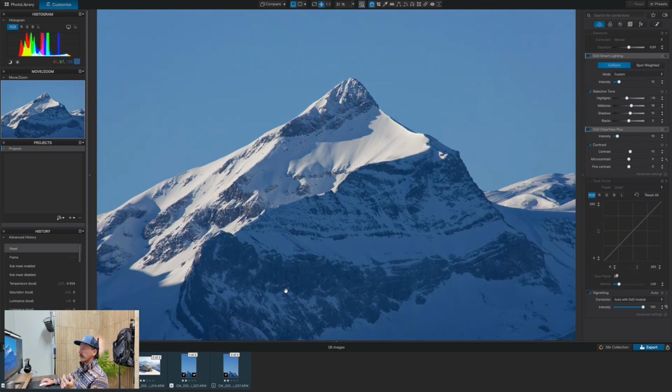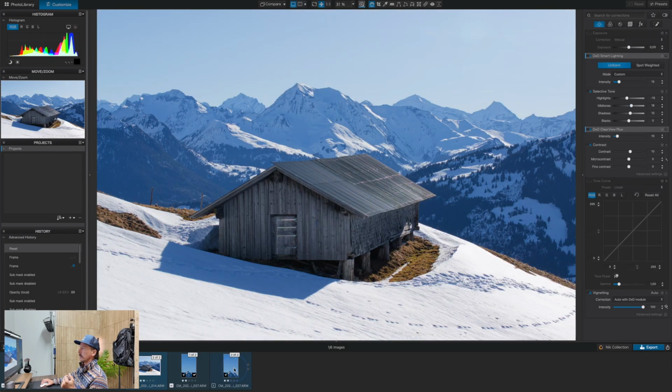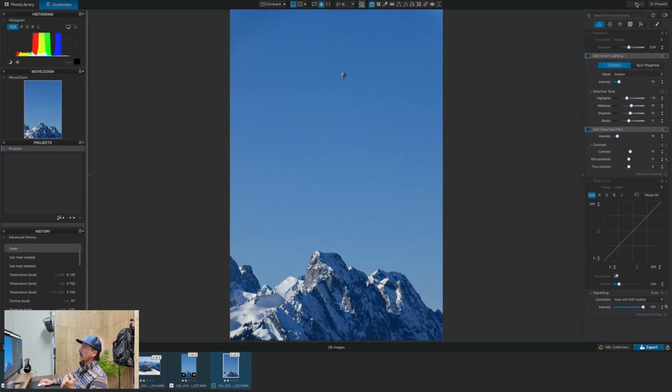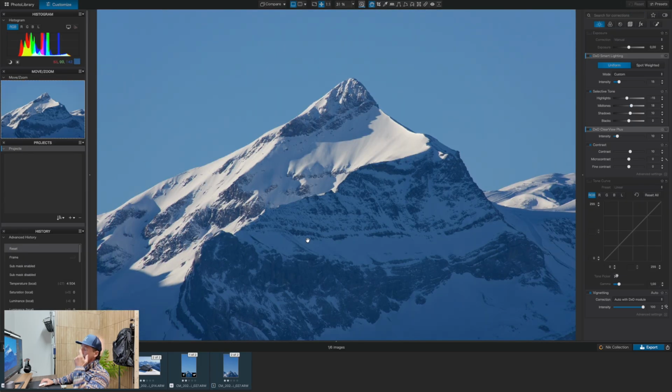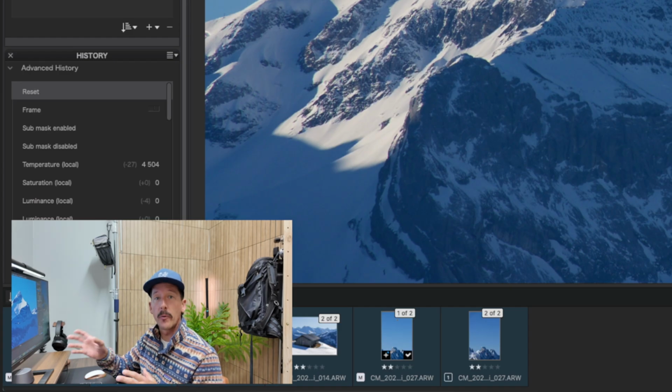Now, the nice thing, let me just reset all of them. Reset. Big difference. Reset. Okay. So on this image specifically, the nice thing about DxO when you import images or open images up in DxO,